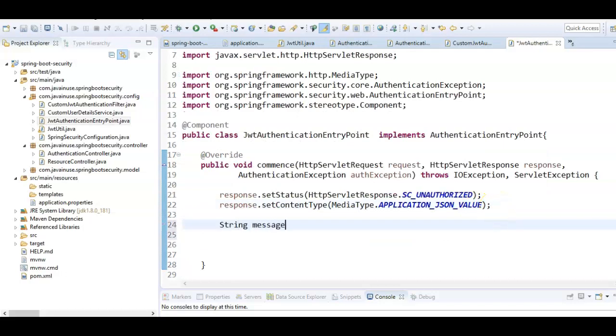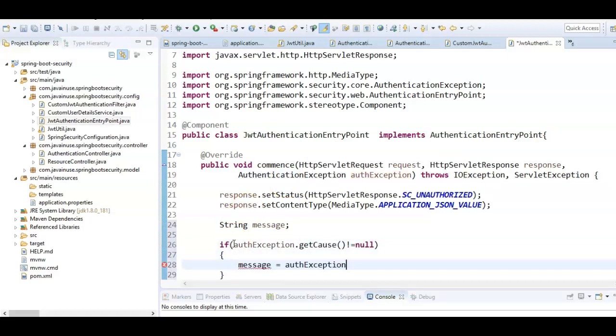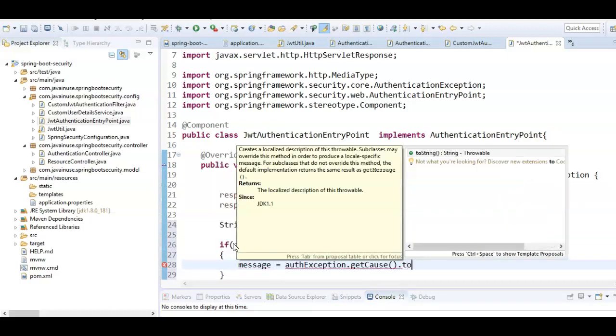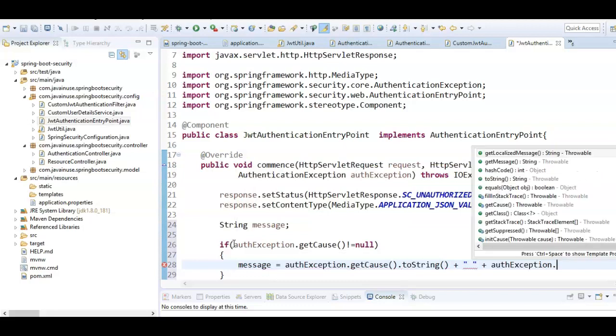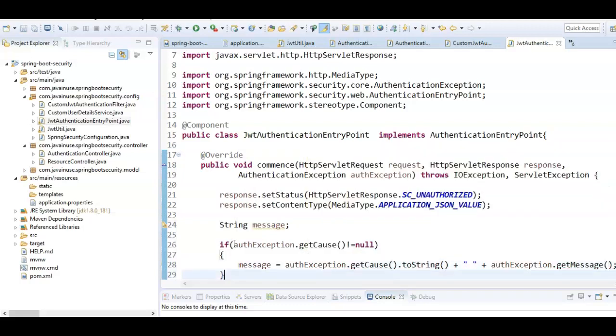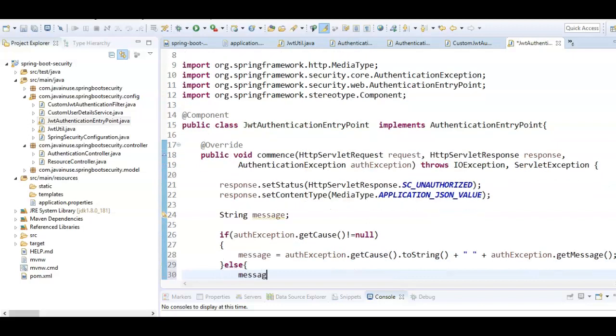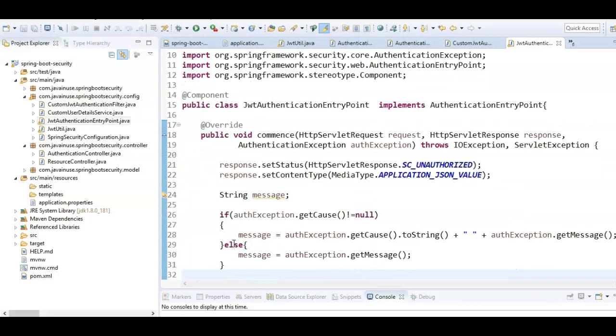Next, using the auth exception, we'll be creating the response message. If it does contain a cause, then we'll be creating the response message using both the get cause as well as the get message of the auth exception. However, if get cause is null, then we'll be creating the response message only using the auth exception get message.